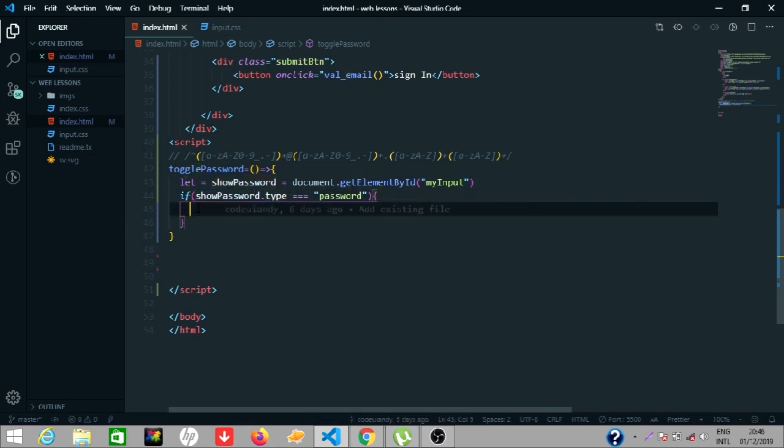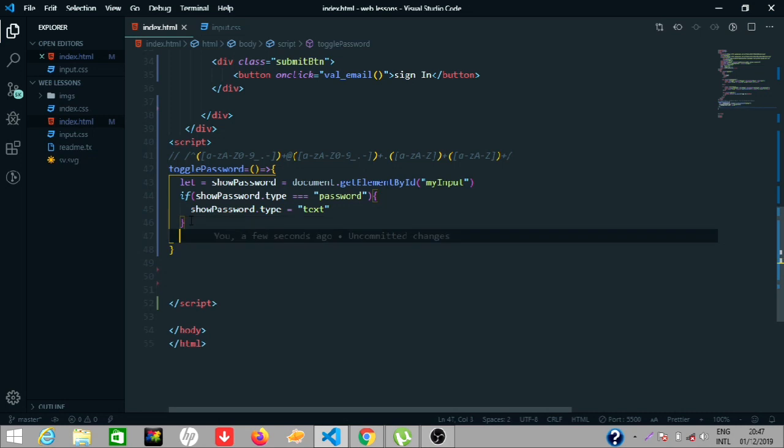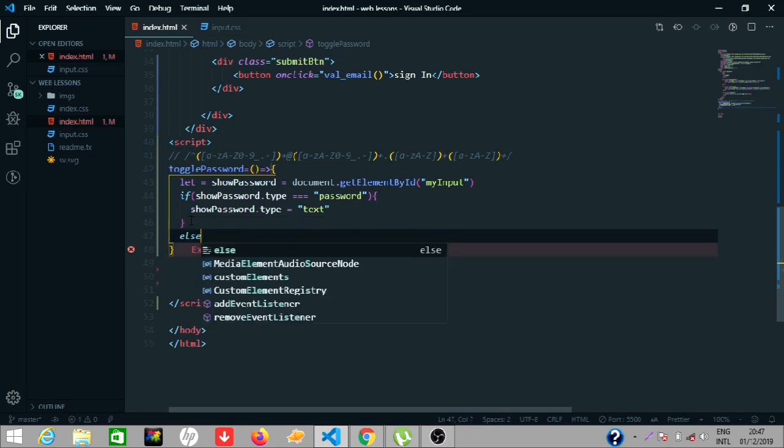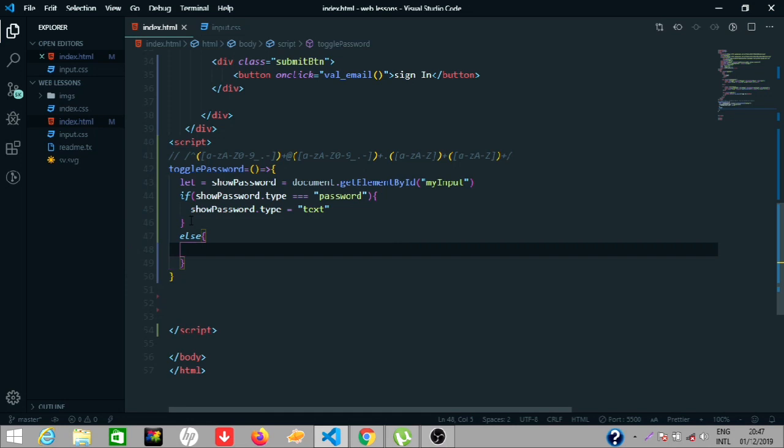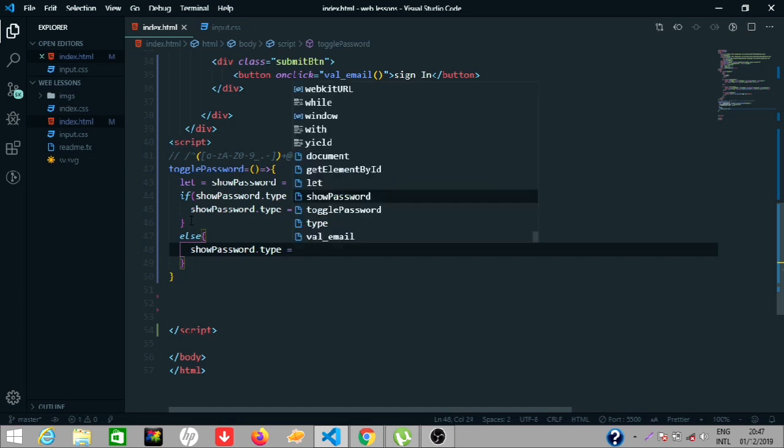So to actually make it toggle off and on, you still have to write an else statement to it. If not, this code will work this way, but for it to make the toggle condition, you have to add an else condition to it. So before that, let's change it back to text. Perfect. So now let's write the else statement, the else. Okay, perfect. So now let's change the show password dot type back to password,